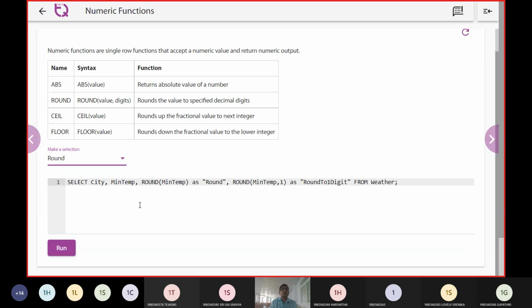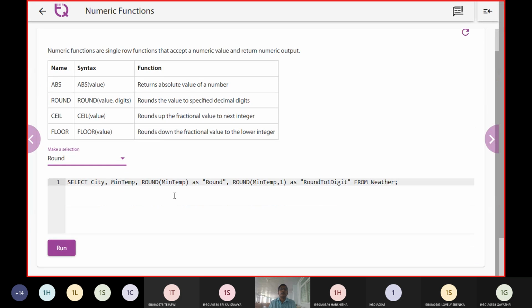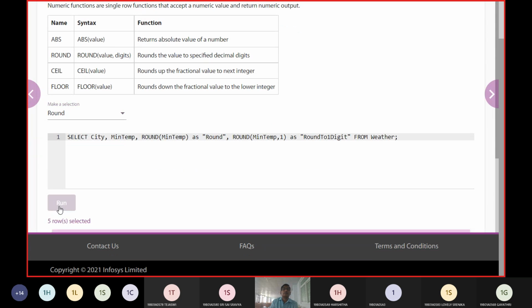So we have select city, minimum temperature, and round of minimum temperature, and then round off with one position, etc., from weather.